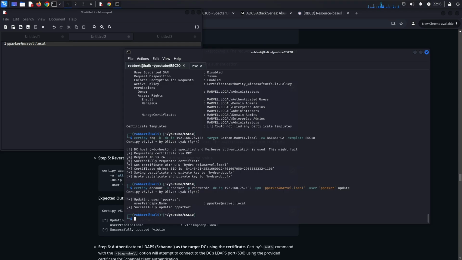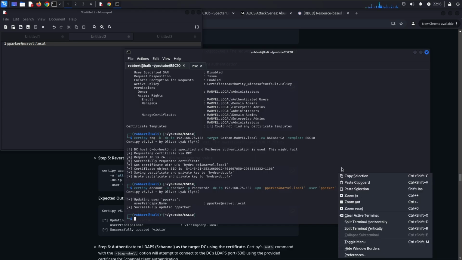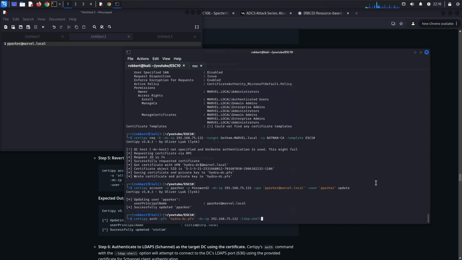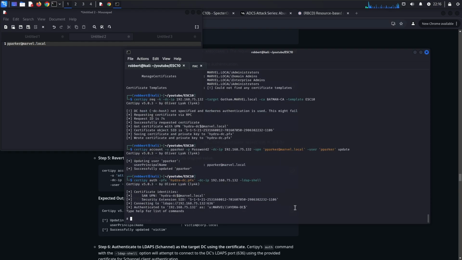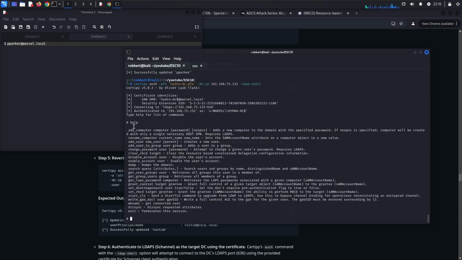All right, now let's run the certify auth command with the LDAP shell flag. This is important. We need to specify this to force Schannel authentication. All right, let's hit enter. And it worked, and it looks like we authenticated as a domain controller, which is super cool. If we do help, we can see different commands. So from here,